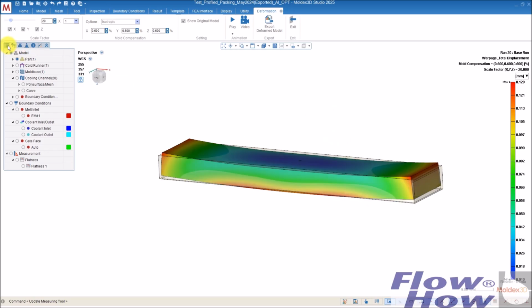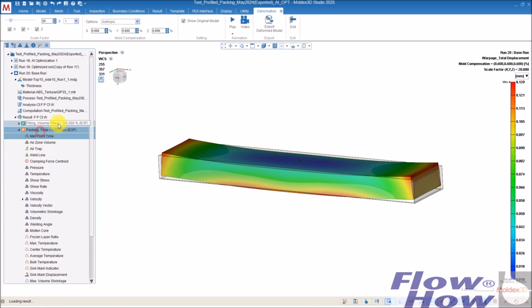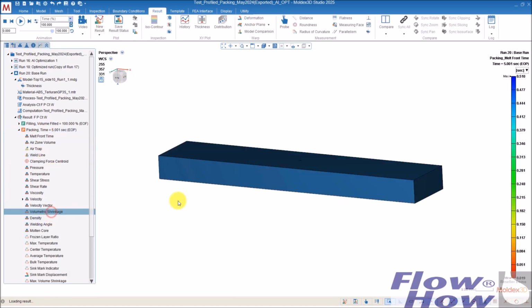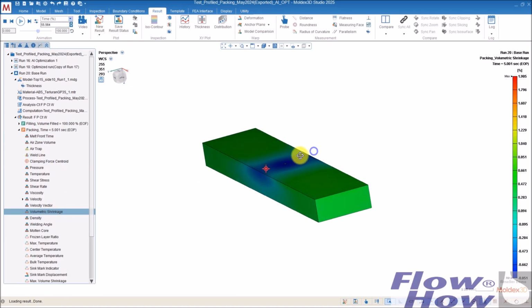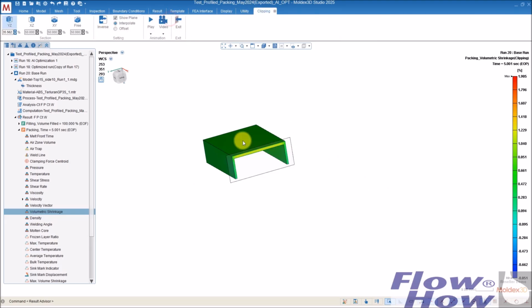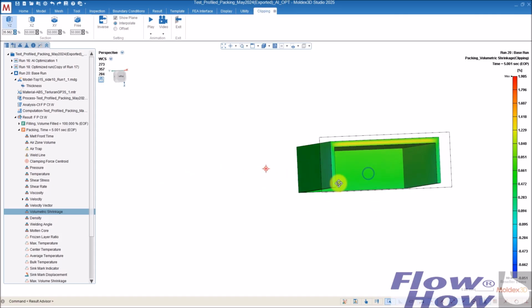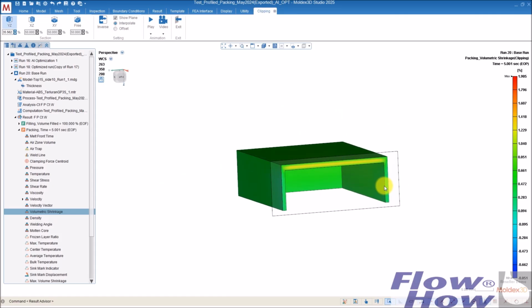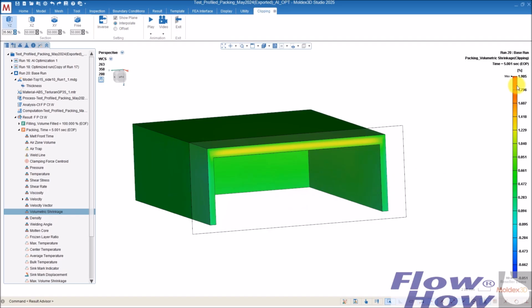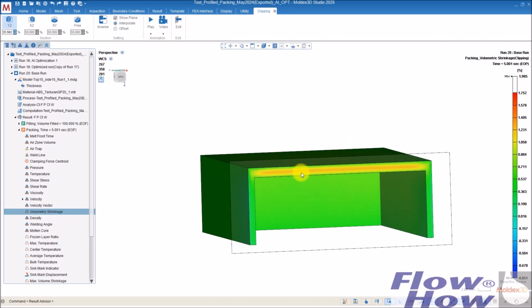And it bends upwards because of the volumetric shrinkage. We have a differential shrinkage in the part, and if we have differential shrinkage, we have the root cause for warpage, because that is based on differential shrinkage. So we can see here high shrinkage in the top, lower in the sides.